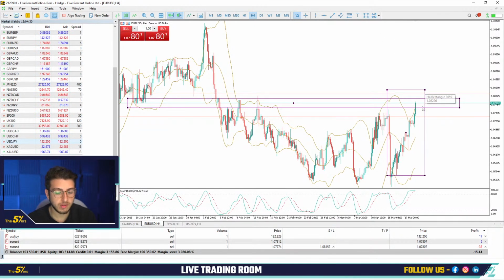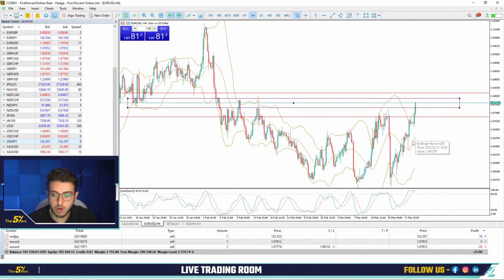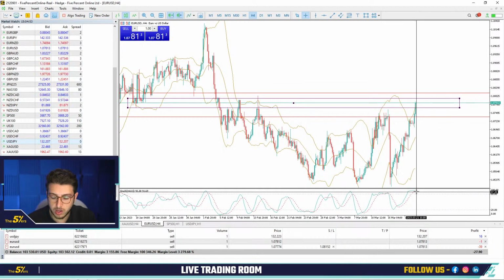Again, I'm always looking at the amount of time the market is pushing. I'm looking at Bollinger Bands to see what the volatility is. We see here that the market is already far from the mean. We are actually around 120 pips away from the average price, which is here. The momentum is slightly reaching its end. We see clearly here on the H4 chart that the stochastic is above 80, starting to cross.